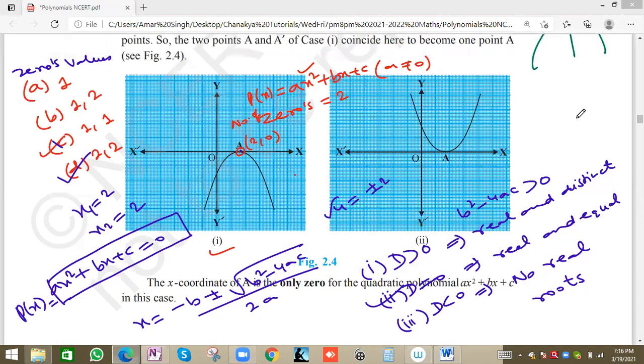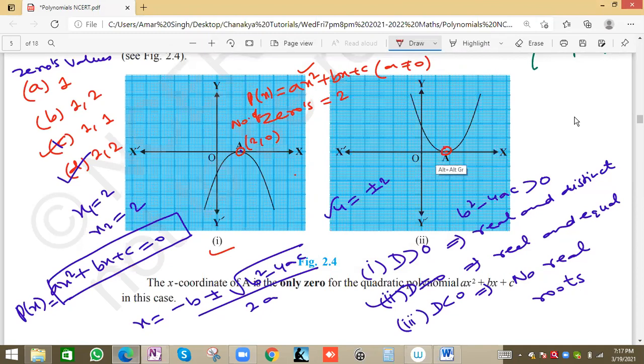Okay, Persian. What is the difference between the first and second graph? Here also we have this graph touching the x-axis at point A, just before 2. And what is the basic difference? Here also we have the same. Zeven is also saying the same answer.